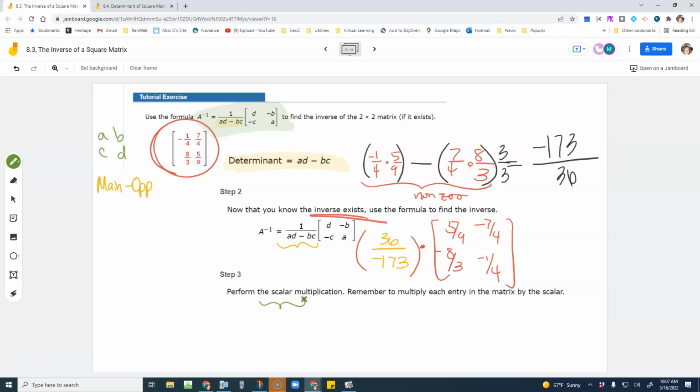Well, we're multiplying a matrix with dimensions, but what are we multiplying that matrix by? A scalar, because it's a single number. So we're taking that single number, a scalar, and are we allowed to multiply a single number into a matrix without the crazy cross-down? Why, yes, indeed we can, because what can we do? Finish it up. You guys should be able to, and you can check it in your calculator